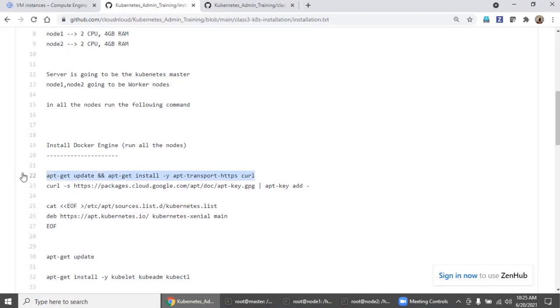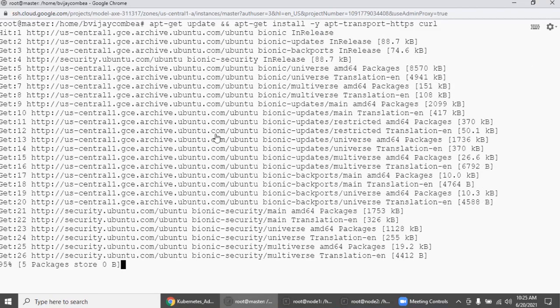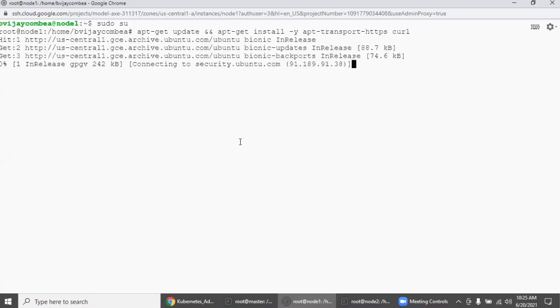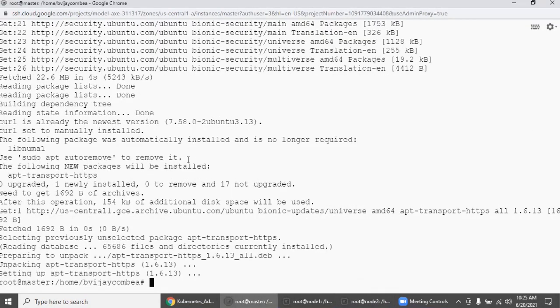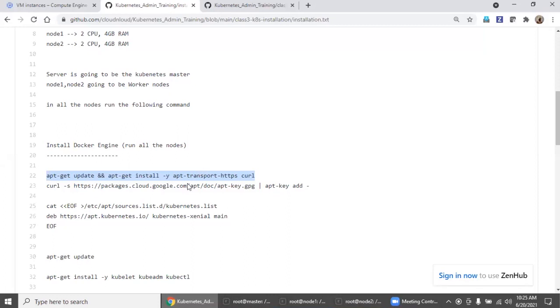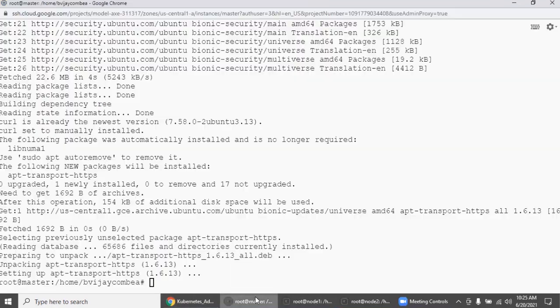So copy this and paste it one by one. Don't copy and paste everything at a time. Just copy and paste one at a time so that you won't get confused. There is a prerequisite that got installed. Now we are adding the GPG key, the certificate key.